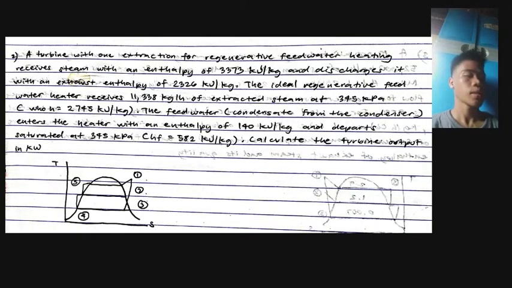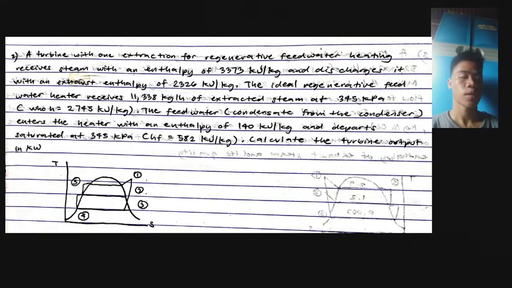The ideal regenerative feed water heater receives 11,338 kilogram per hour of extracted steam at 345 kPa, which equals